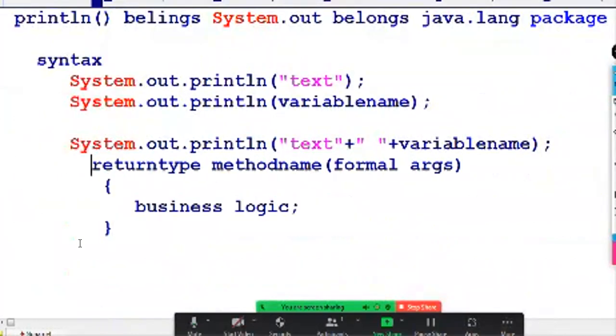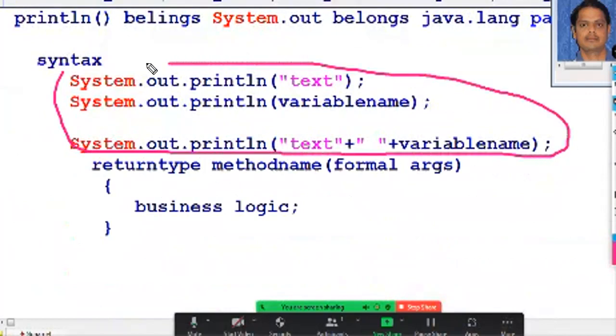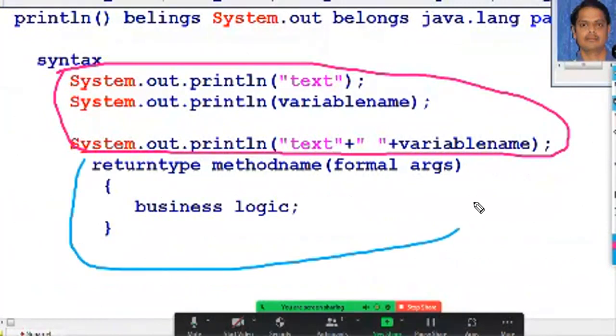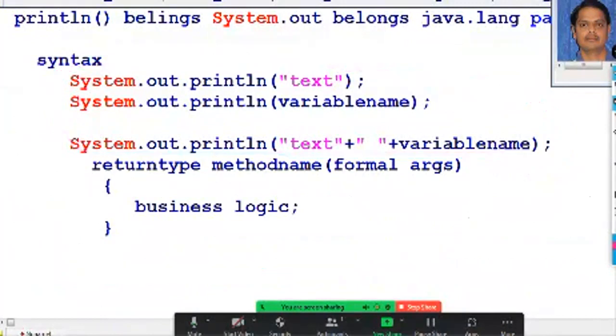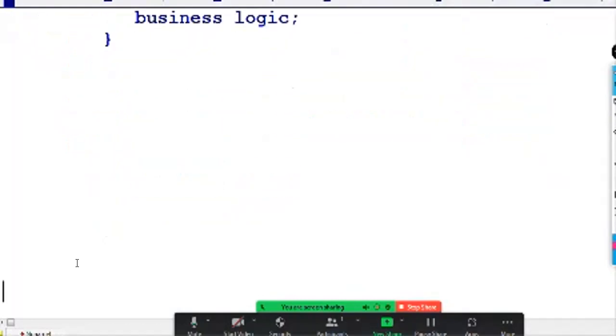This is the syntax of the println method: we can write any text or variable name or variable value with the text. Similarly, this is the syntax for writing one method in your class. Both can be taken into consideration, and we can write a small program.